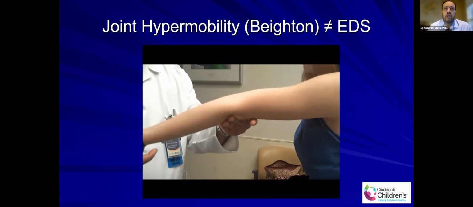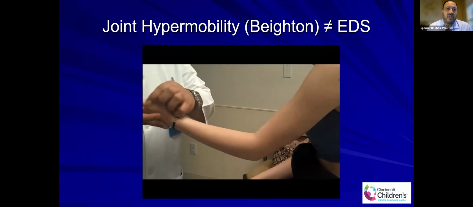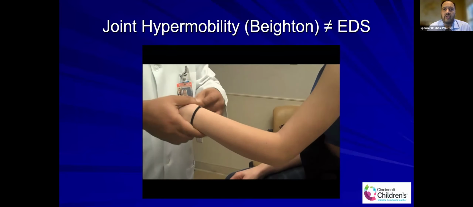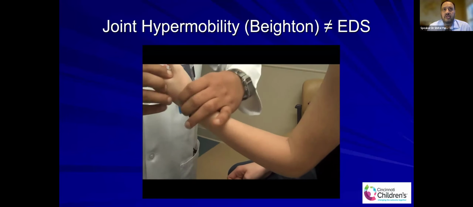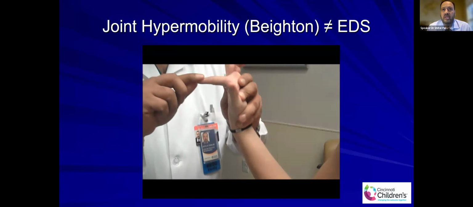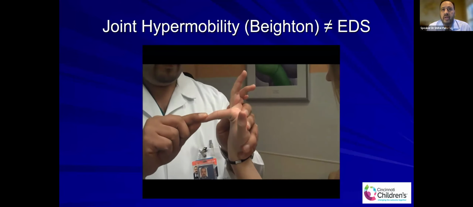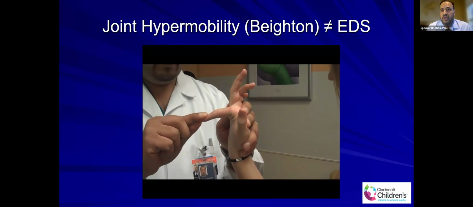When you see patients with joint hypermobility, or they have a Beighton score of, say, 9 out of 9 or 8 out of 9, it does not mean that they have EDS. Hyperlaxity, or hypermobility, is common in kids because of increased collagen 1. As they age, they grow, and some stiffness naturally comes into their joints. 5% of the population is hypermobile as per Beighton